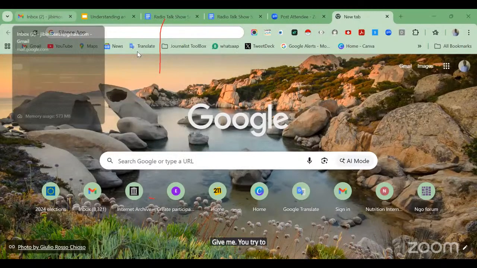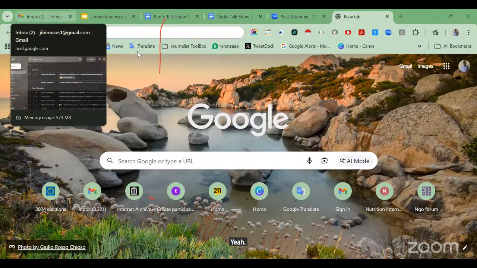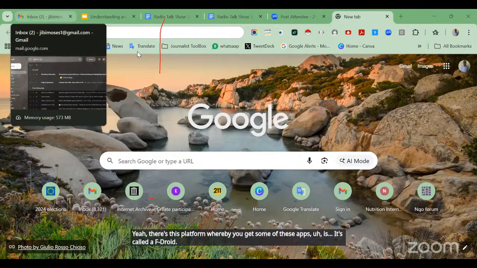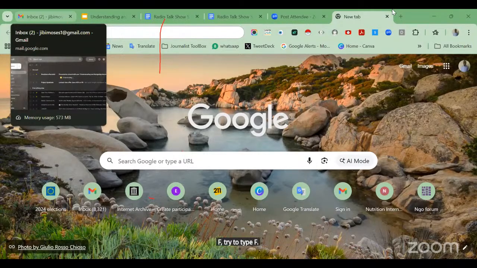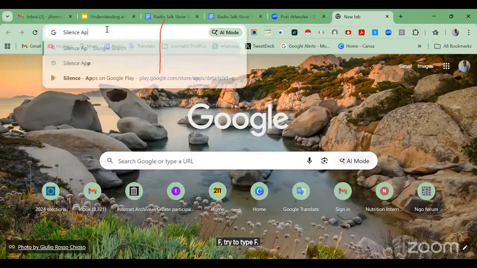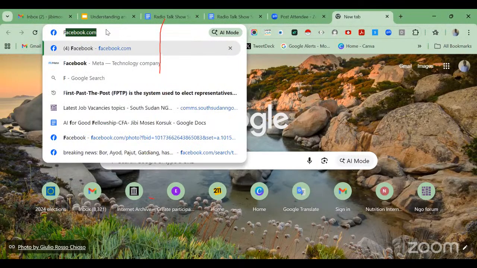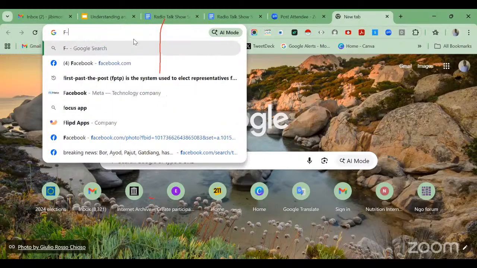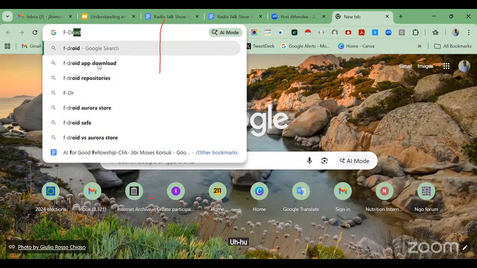Yeah, there's this platform whereby you get some of these apps. It's called F-Droid. Try to type F, and then you put a dash.